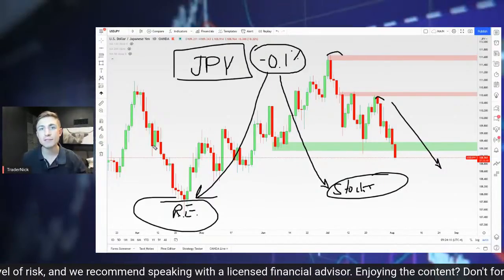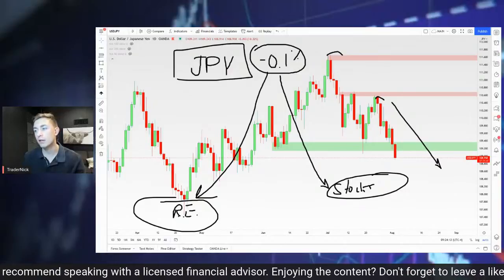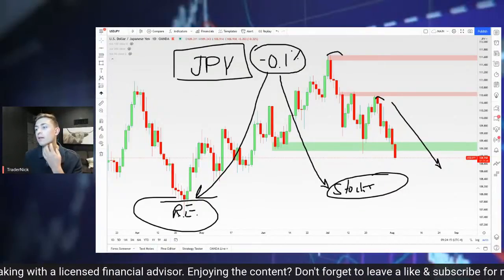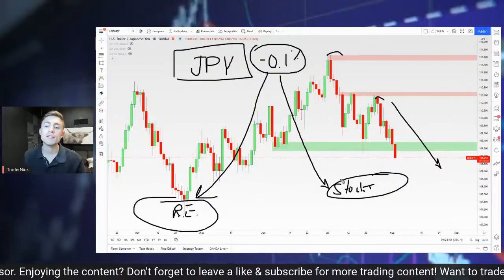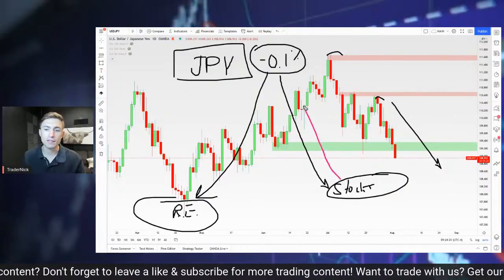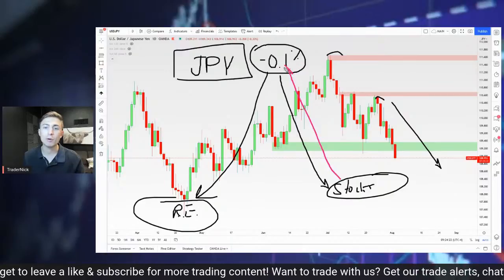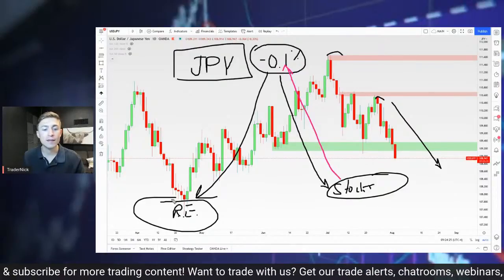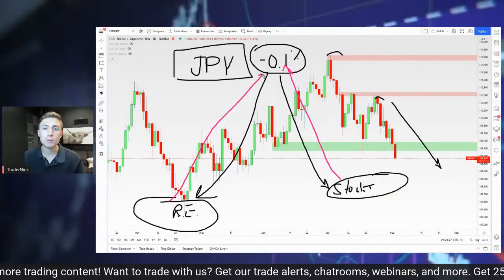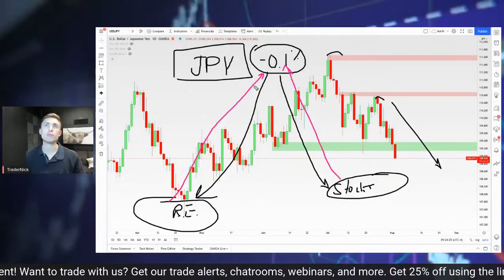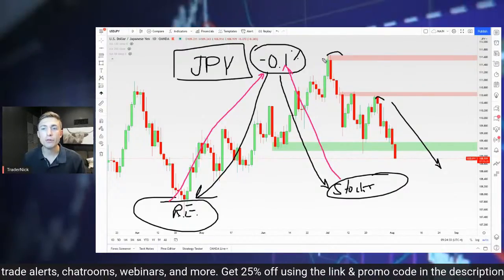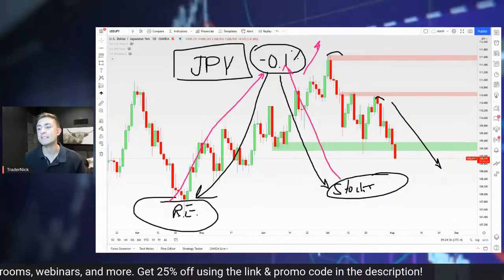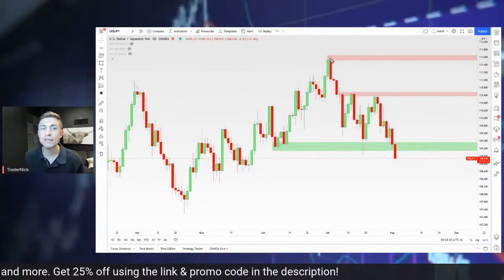So this happens regularly during market times that are positive. But if you have things that are scary in the world going on, like, for example, a potential Delta variant situation, right? You may see that reverse, where people take their money and they sell their stocks and they go back, and what do they have to do? They have to buy back the yen. Real estate may see the same thing. Maybe people pull back off of their real estate investments and they go back to the yen. That can cause the yen to appreciate rapidly, right? So that's kind of what we're seeing here a little bit with the dollar yen.